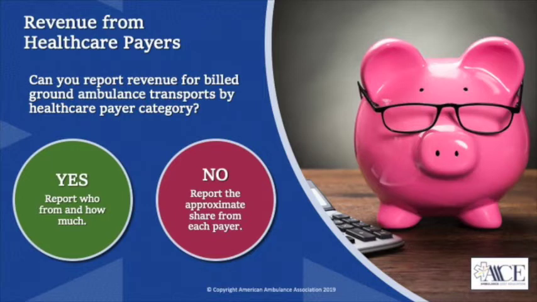So, 2 questions that you're going to be asked at the very beginning. We're looking at transports right now: can you report it by revenue type and payer category? Yes or no? So I'm going to talk about revenue right now as it relates to your ambulance transport on how you bill the Medicare program, Medicaid, and other private insurers. If you transport a patient, typically your billing company turns around and bills some payer source that might be available, or they might bill it to self-pay, or they may write it off because you might be in an area that has a tax subsidy, or some type of millage. You're going to say yes or no.